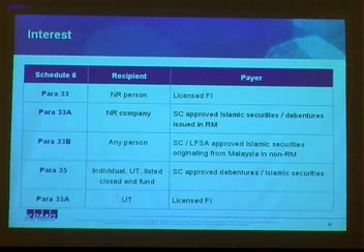Paragraph 35. Individuals, unit trusts, listed closed-end funds. Those are the recipient. And it is in respect of Securities Commission approved debentures or Islamic securities. Paragraph 35A. Recipient is unit trust. It's payment made by a licensed financial institution. So any interest that falls within these categories will not be subject to withholding tax. And it allows a whole lot of avenue to do